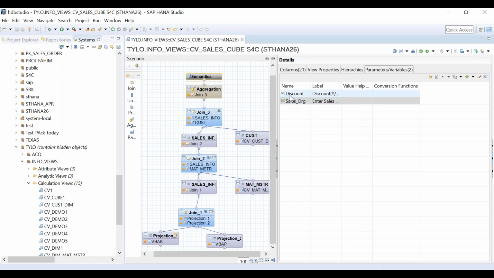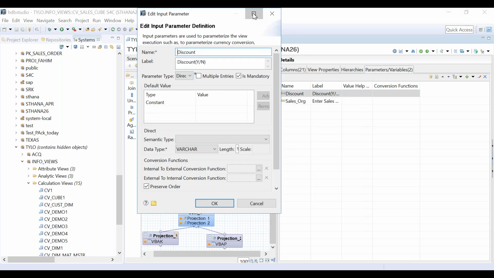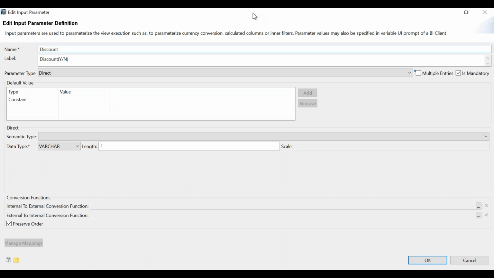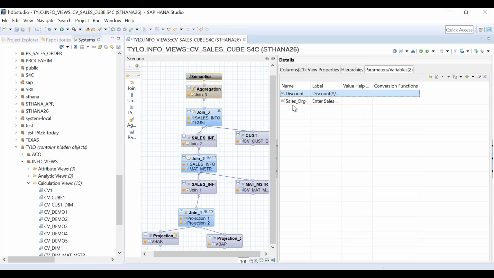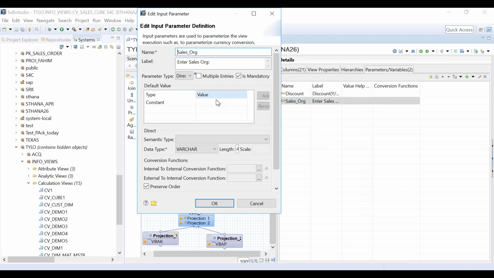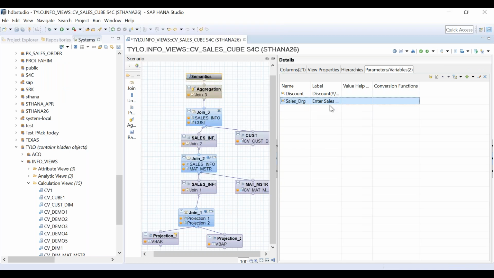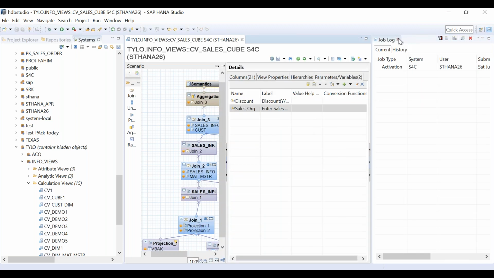For example, in the discount, I want y to be shown as the default value. Click on OK. Same way, when I go to sales org, I want Z900 to be shown as my default value. Done. Now click on activate.